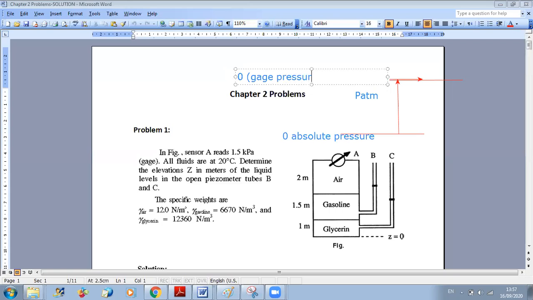If you have pressure that is higher than P atmospheric, you will have a positive gauge pressure. And if you are below it,